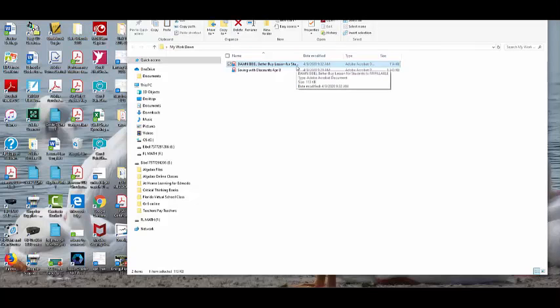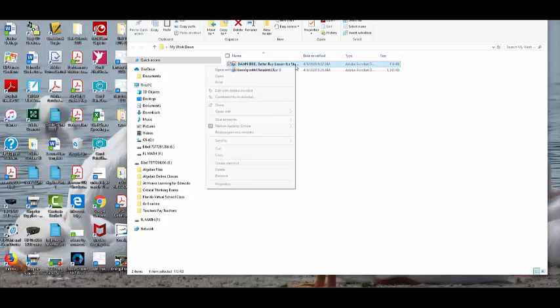Now, if you do not have Adobe PDF Reader, you need to get that. I will put the link for that in this video. I'm going to open this with Adobe Acrobat Reader, and it's a free program that you can download. Most computers have it, but not all. And when I open it,